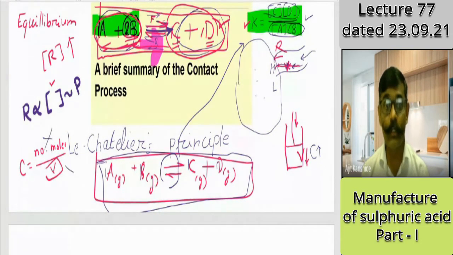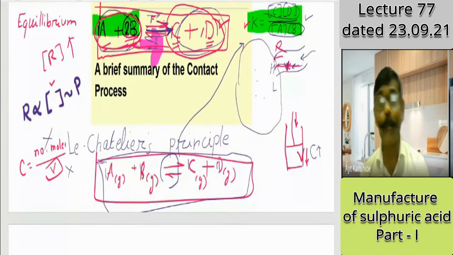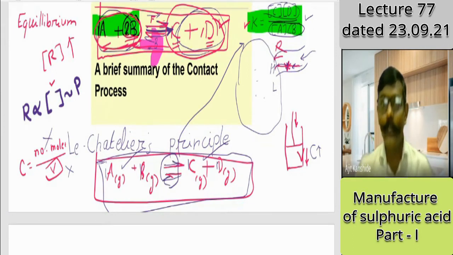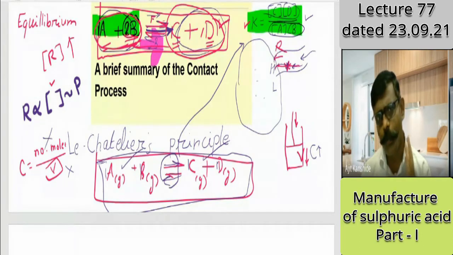Volume also is not, volume changed, but same for both. So concentration might have improved, but in equal proportion. Concentration of reactant also improved, concentration of product also will improve, forward reaction will also improve, and backward reaction also will improve. So both reactions to an equal extent will improve. Position will not change. Equilibrium constant will not change. Could you digest this concept?